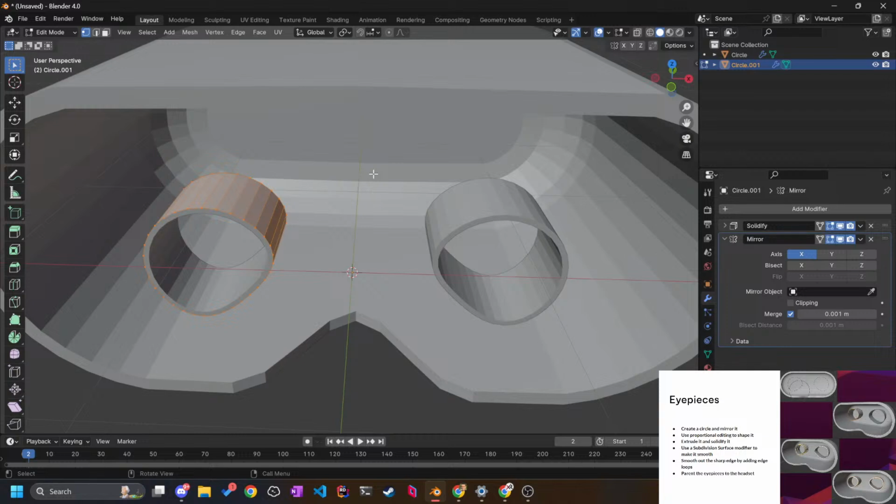So circle.001, and then you can extrude it, solidify it,